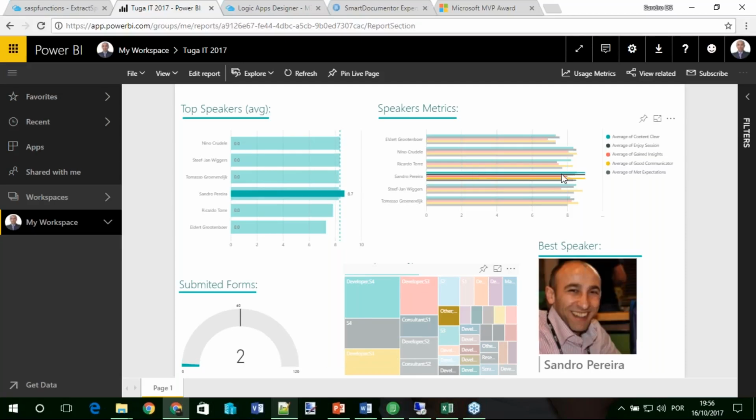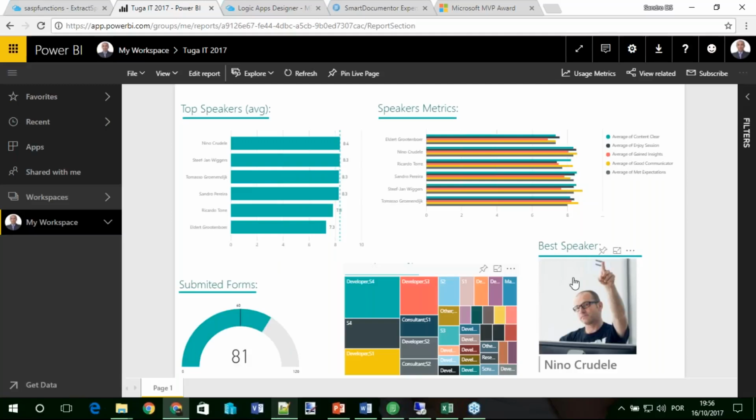I have also the highlighted average in that profile of the audience. I see my highlighted metrics, and again, if I select all, it will be the average.